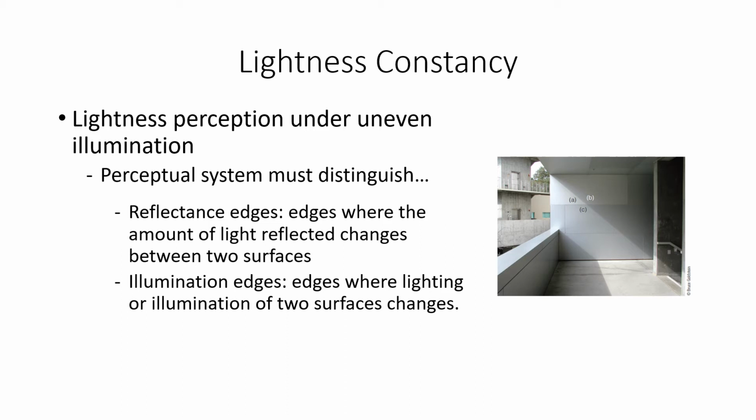And if you compare, so A to B to C, or really B to C, B is darker than C, but we're still able to see it as lighter than C because we can tell the difference between the reflectance edge and the illumination edge. And how we do that, I'm also going to say it's pretty amazing. We're using some top-down processing there, but it's still pretty impressive,